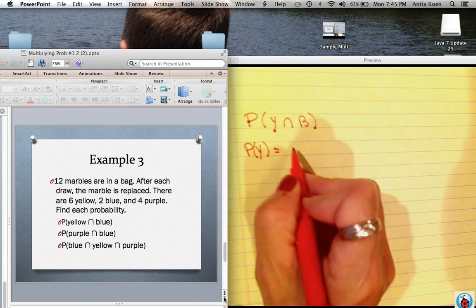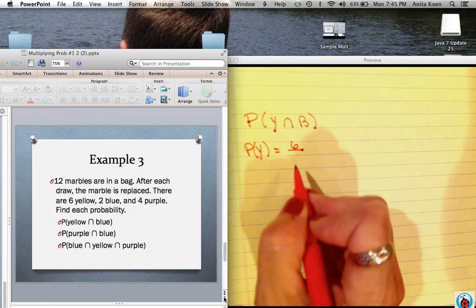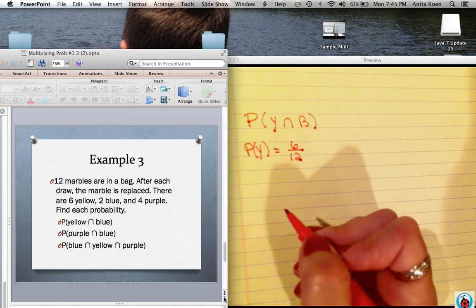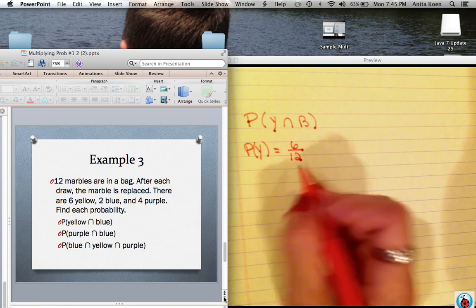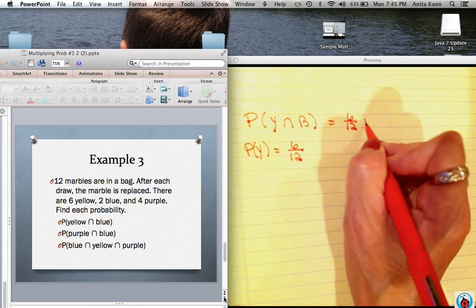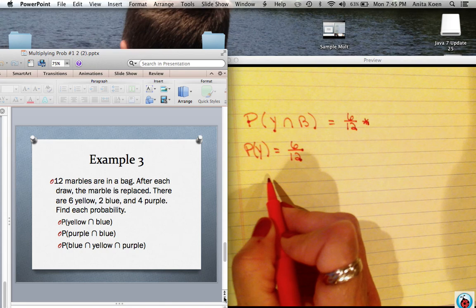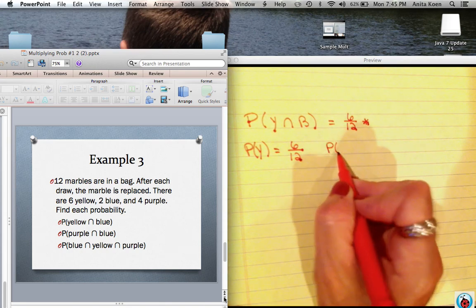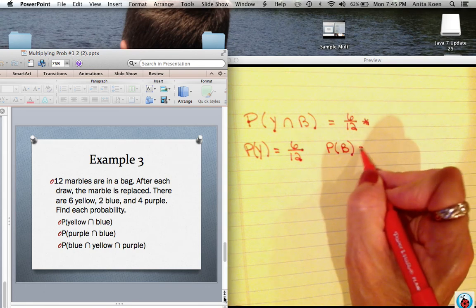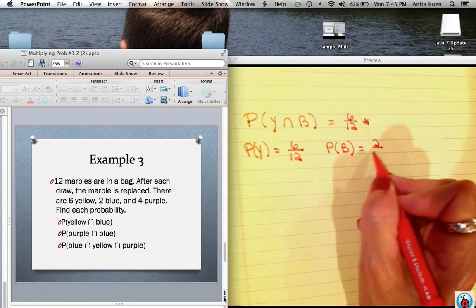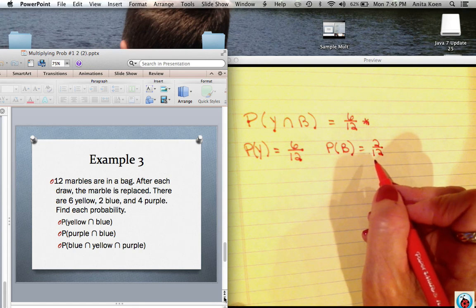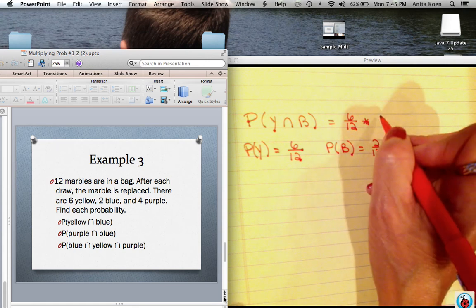Since there are 6 yellows in the bag and there are 12 marbles altogether, the probability of drawing a yellow is 6 out of 12. And then we're going to multiply that times the probability of pulling a blue. Well, there are 2 blues out of 12 marbles. We know there's still 12 because it is replaced. So that's 2 out of 12,